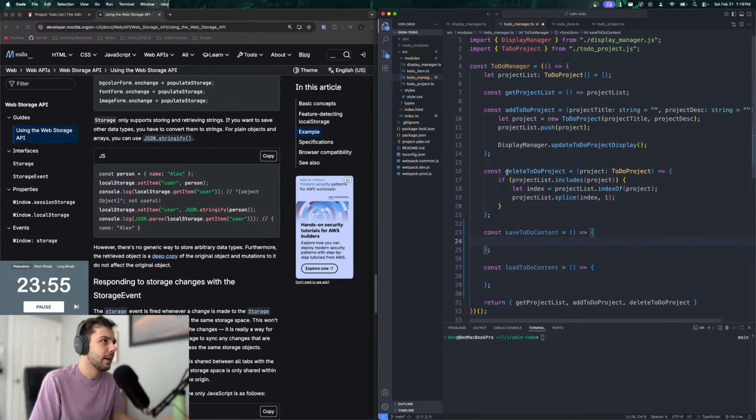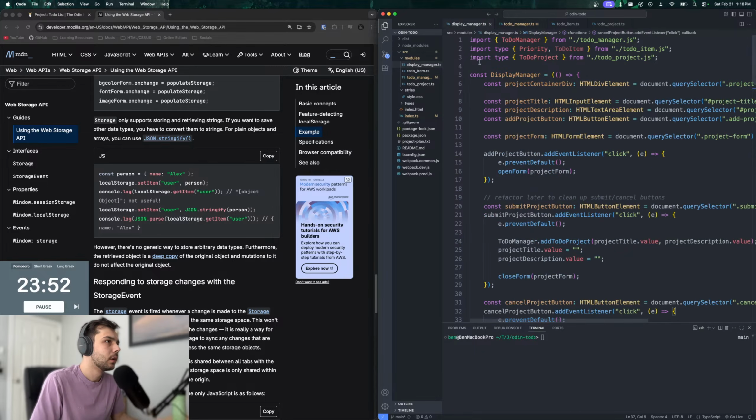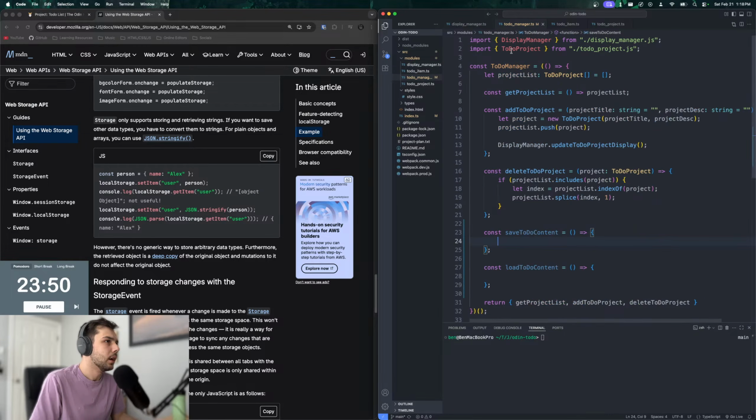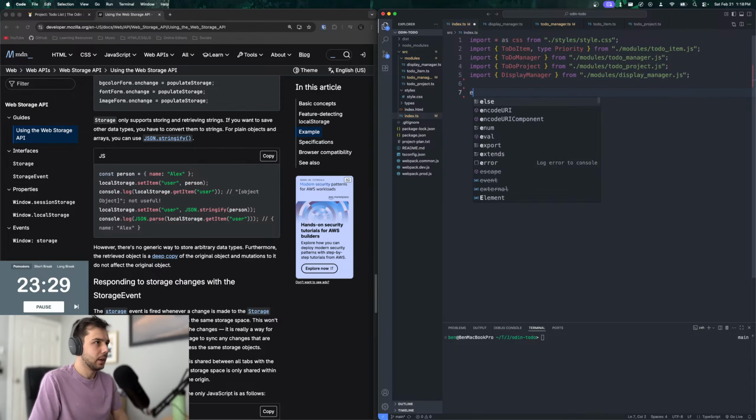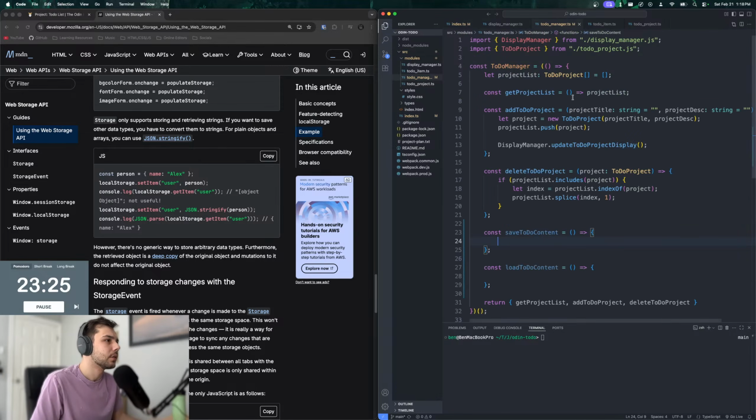Okay, so we need to have a name for the storage, right? And I'm thinking maybe we put that in index. I could just call the storage like to do or something. I'll just say like export maybe not. Let's just call it to do. Okay. So we'll say